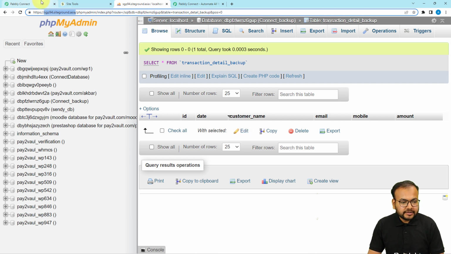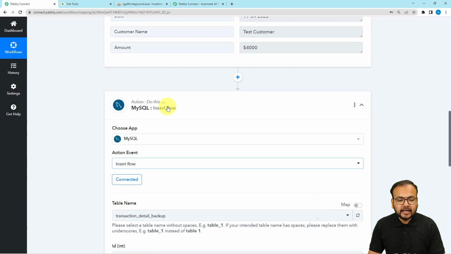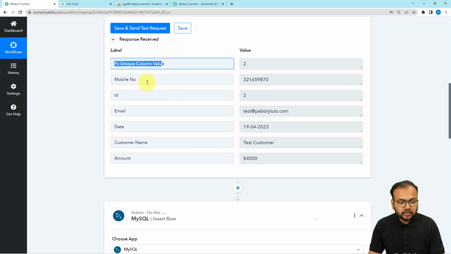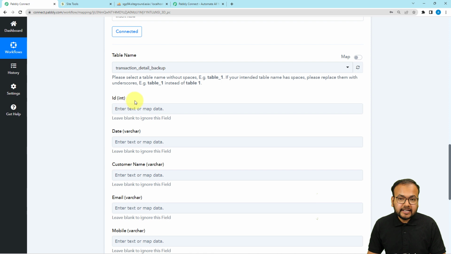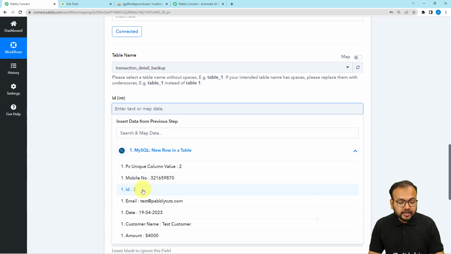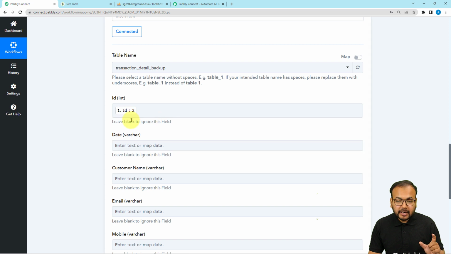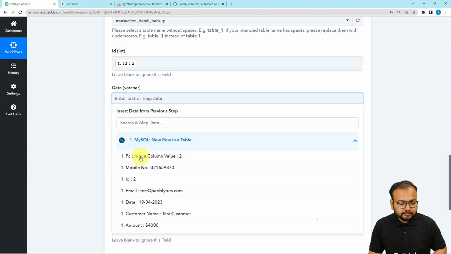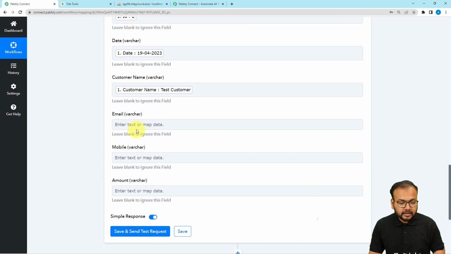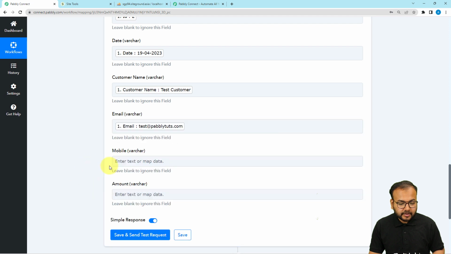Okay, so I have created the same columns, and now we can map this data that we have received here in the first step into the second step. Okay, so we have received these columns. We have received these labels in which we have received the data. Now I'm going to map the labels here. So in that ID, I'm going to map the ID. You just have to click here, and the previous step will appear in the drop down, and when you click on it, you will see the data right here. From here, just click on the labels and it will be mapped like this. So let me map the date, the customer's name, email address, mobile number,